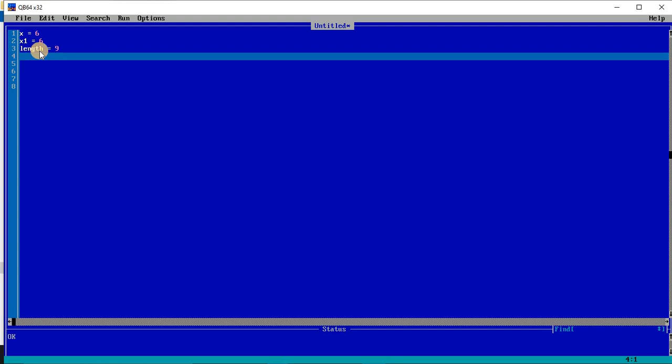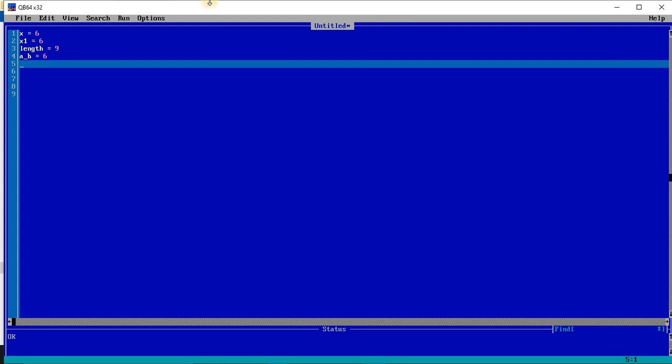So while naming a variable you should follow a few rules, like special characters you cannot provide, only underscore is possible. So if you write a underscore b is equal to 6, see this one is possible, because underscore is the only special character which can be used in a variable name.